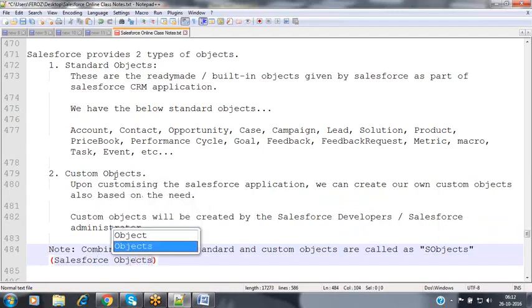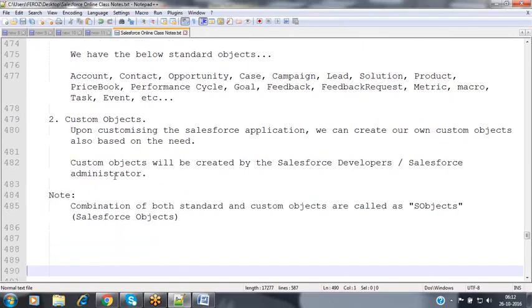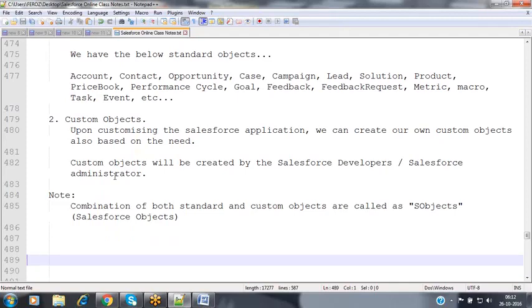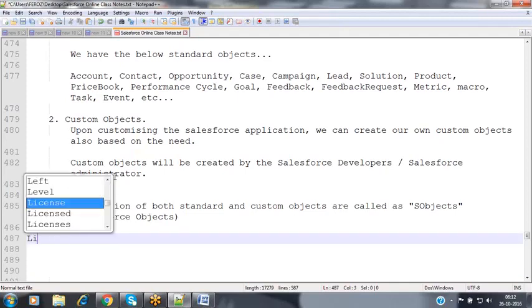These are the Salesforce objects which we have inside our application. It may be the combination of standard and custom objects, both will be combinedly called sObjects here.